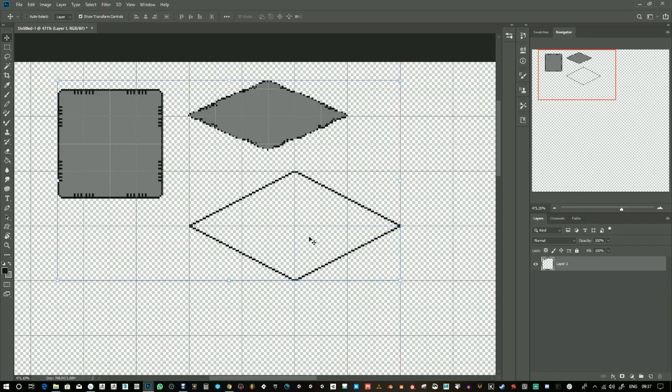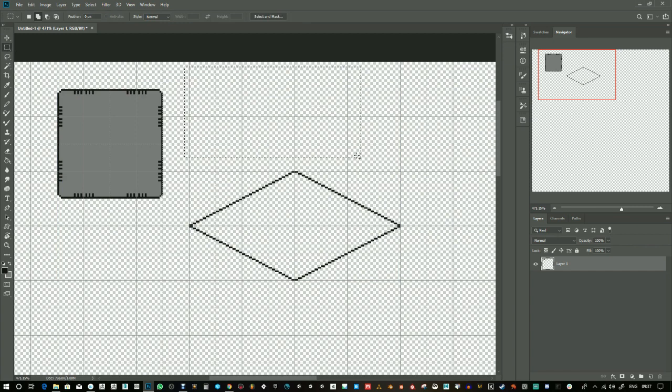So it's going to be more like this. So you see the tiles are different. It's not exactly the same, so don't do what I did at first, do what I did here,